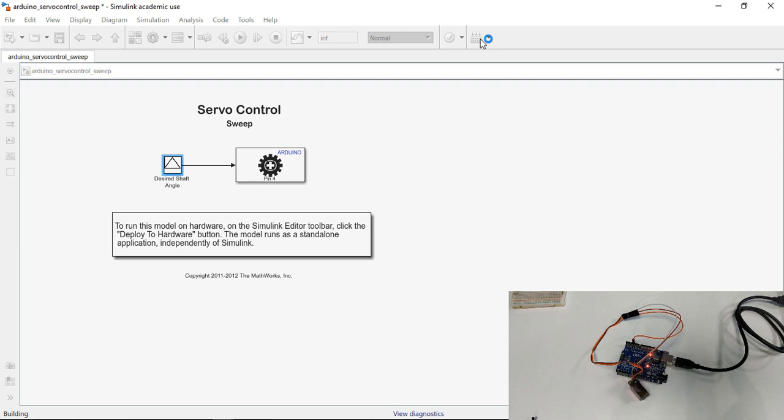So once I deploy it on hardware, the same procedure starts. It initializes, it builds the model, and it will deploy it on the hardware. So I'm waiting for it to be deployed on the hardware.